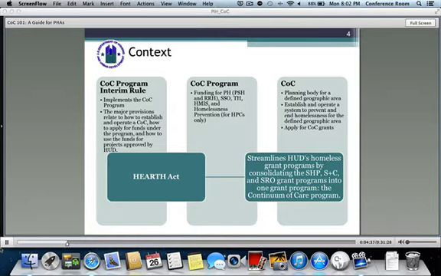The purpose of the CoC program is to promote a community-wide commitment to the goals of ending homelessness, quickly rehousing homeless individuals and families, promoting access to and effective utilization of mainstream resources, and optimizing self-sufficiency. To accomplish these goals, CoC program funds may be used to support activities under 5 primary program components: permanent housing, which includes permanent supportive housing and rapid rehousing, transitional housing, supportive services only, HMIS, and for HUD-designated high-performing communities only,